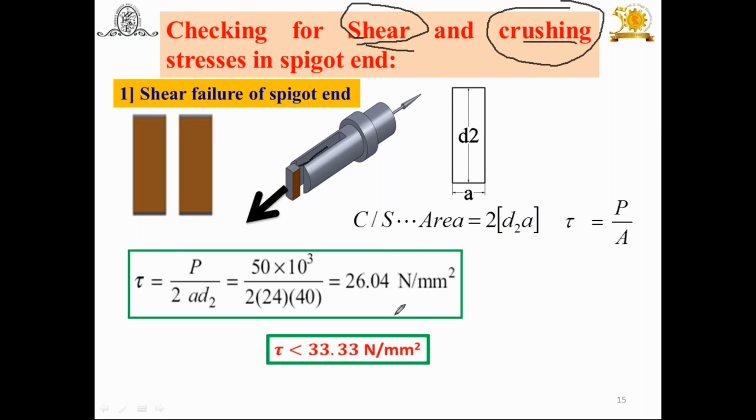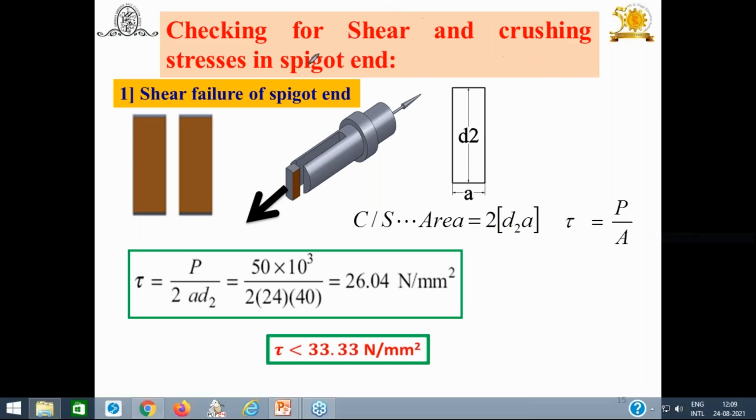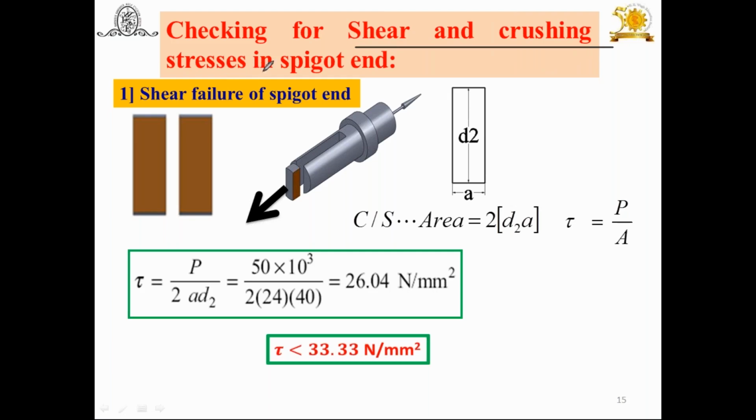So after calculating all these dimensions, you have to check the shear stress induced in the spigot and the socket, and the induced shear stress should be less than the permissible stress. Then you can say your design is safe. It is applicable for shear as well as crushing failure. Now let us check shear and crushing for the spigot. First of all, the spigot. Now, shear failure of the spigot. You know very well, because of this force, there may be a possibility of shear failure of the spigot. One area is on this side, the second is on the back side. You can consider both the areas.